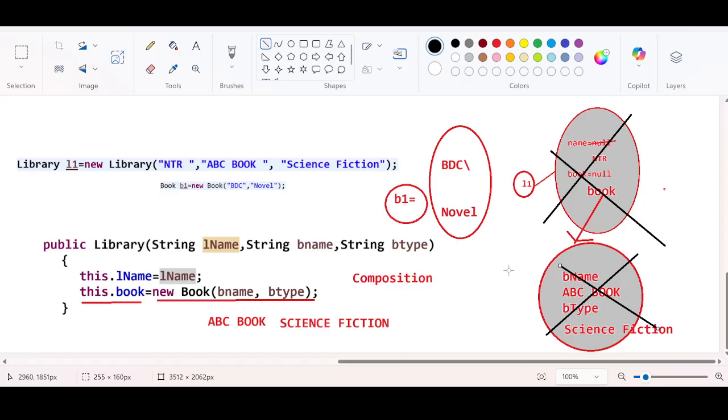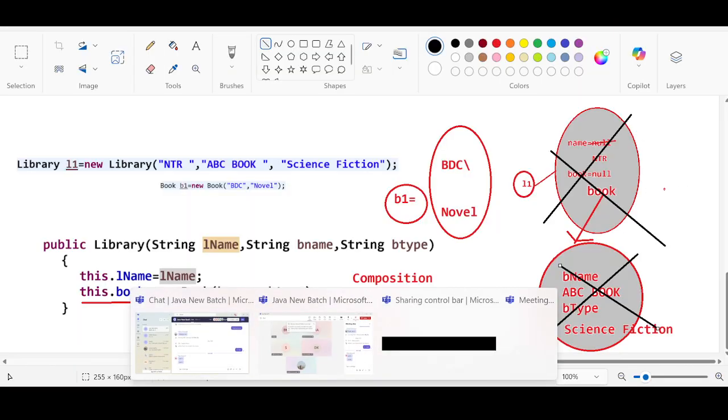Making sense? You just think like you are dealing with two different sets of data. My analogy would be a little crazy, or a little confusing, because the real-time analogy cannot be connected directly to the Java analogy, right? Both are different, but symbolically the meaning is the same. So when it comes to Java, you have to think about the memory and the objects. From that perspective, you have to think, right? I hope this is